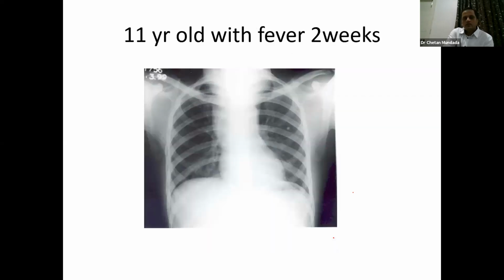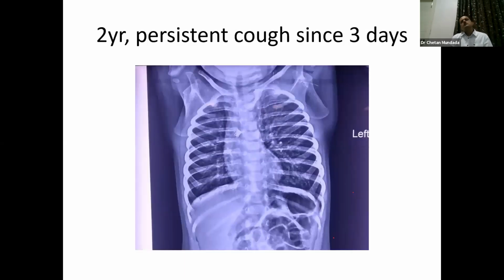So this is an 11-year-old with fever for 2 weeks and a fair degree of weight loss. On clinical examination, the child had mild petechial rashes and axillary lymph nodes, and the X-ray is very much suggestive of a mediastinal enlargement. So as we go from outward to inwards, this is something which we need to always remember to look at. And the child was found to have T-cell lymphoma and was being treated.